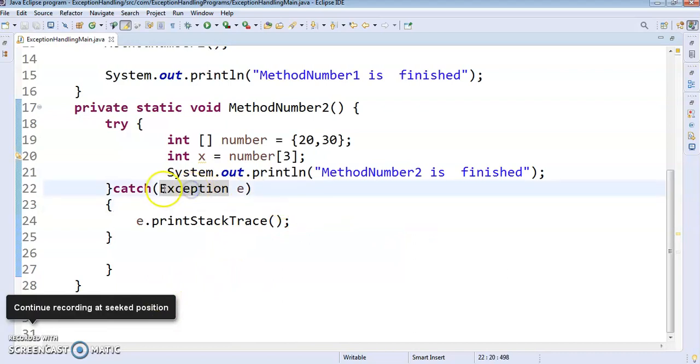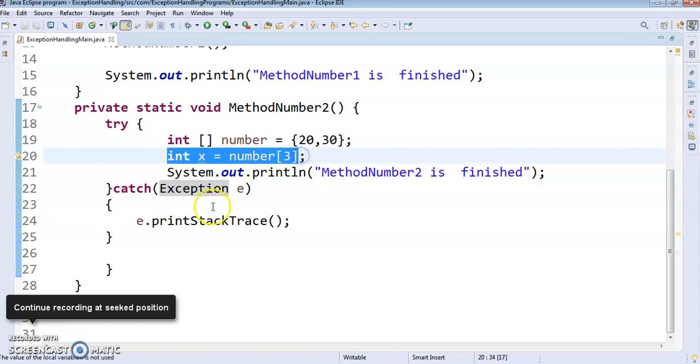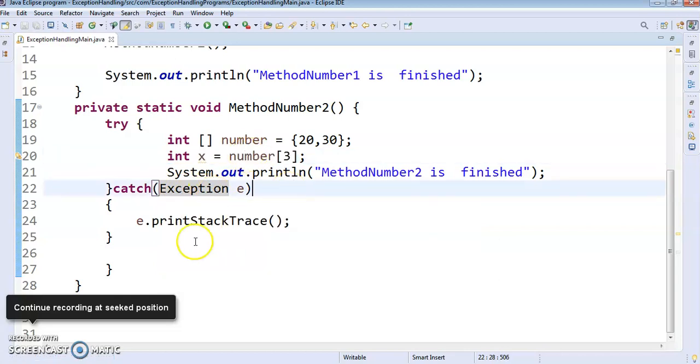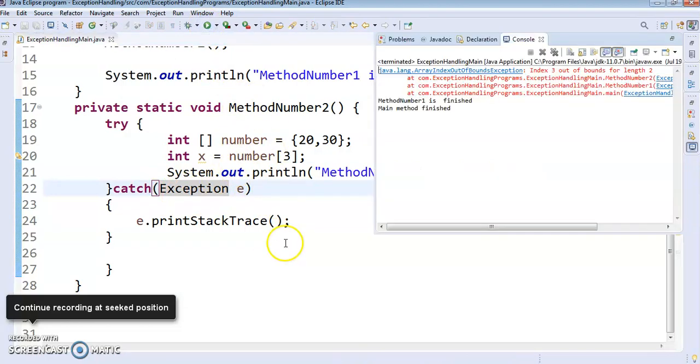Now this Exception is a generic exception. If you know the specific exception, what kind of exception is going to occur, then you can give a specific exception over here. Let us check first what this general exception is going to print. See, that is the array index out of bound exception.